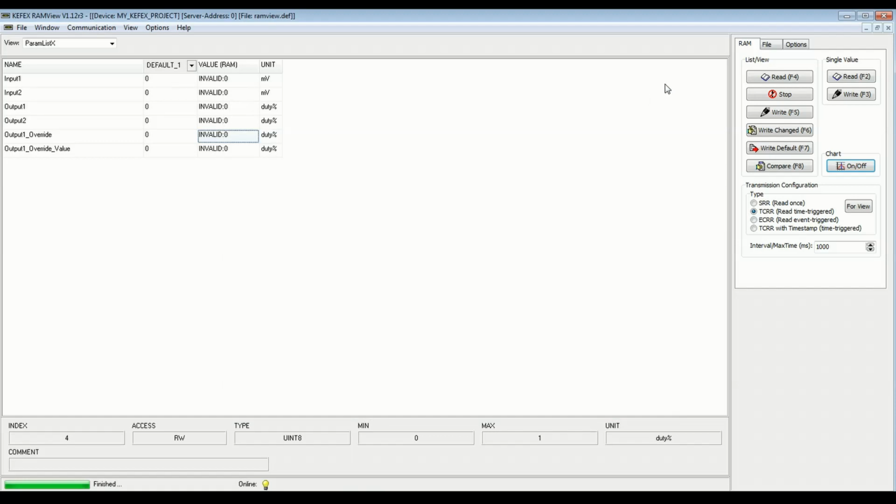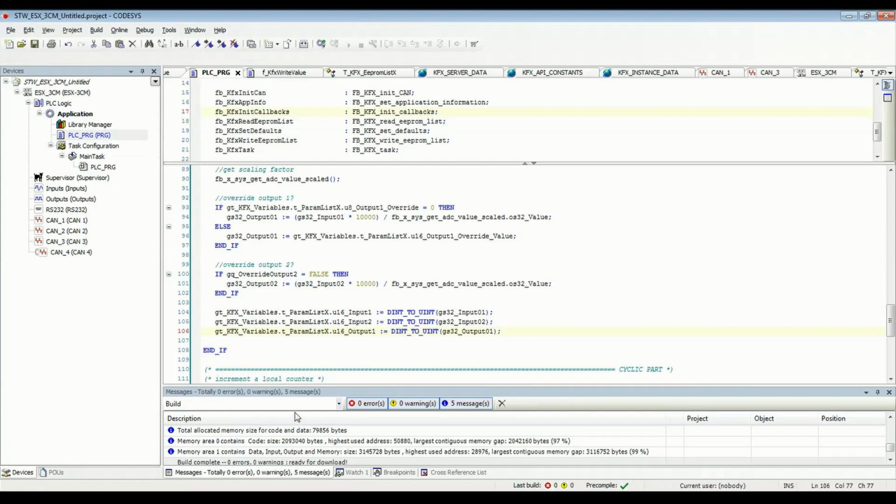So for this RAM list, what I'll do is I'll click read, and it's going to be time triggered, so you'll see these green arrows showing that it's cyclically reading. And we have input values to the controller, output values to the controller, and what we're going to be looking at here is this output 1. So if we go back to the 3CM code, you'll see that